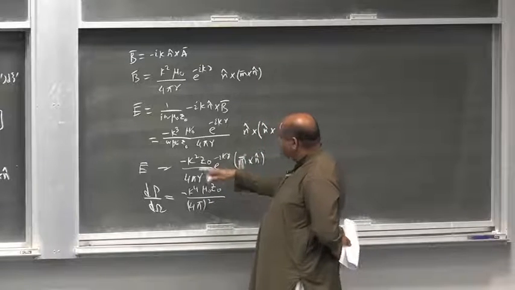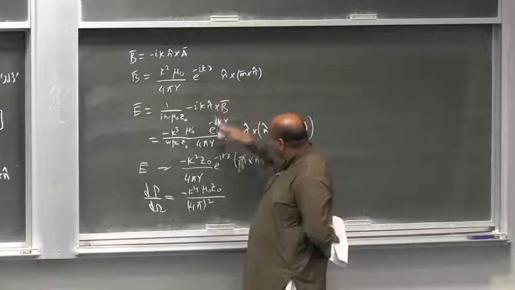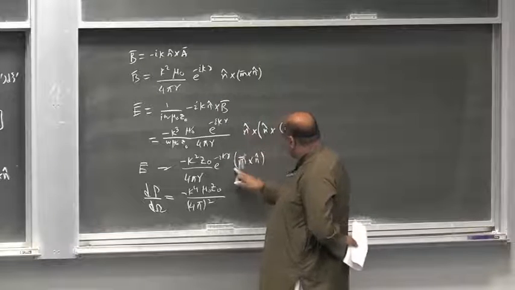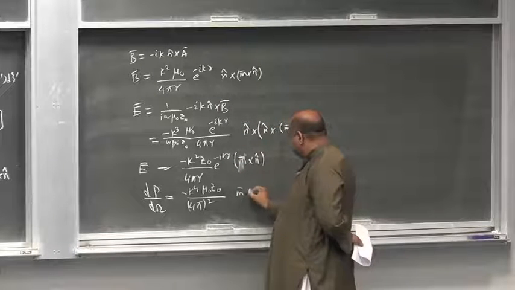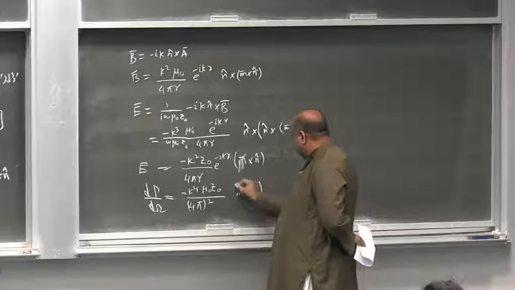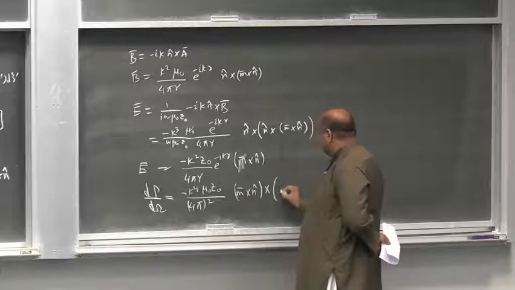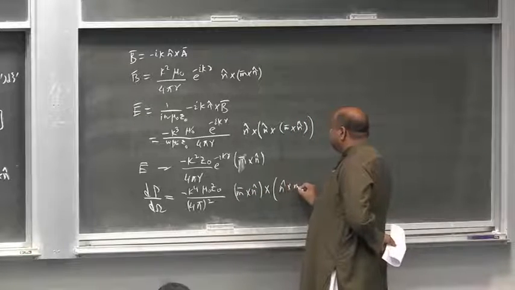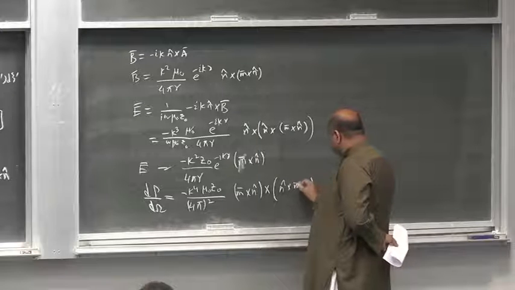E cross B star होगा, तो ये प्लस ही होता है, ये माइनस होता है, कैंसिल हो जाएंगे, and we have then this m cross n hat cross n cross this